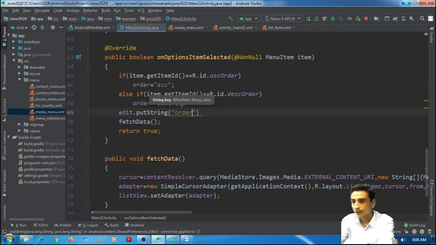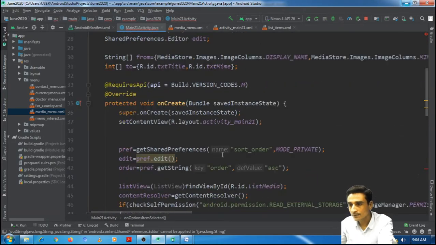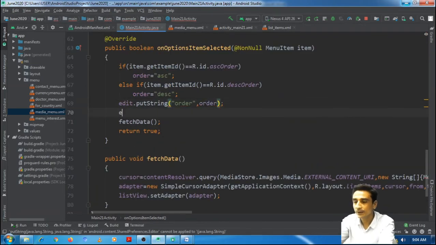What is the name here? Name of the shared preference is order, and its value will be the value of the order string. Finally I will commit it, or apply. Let's check it.